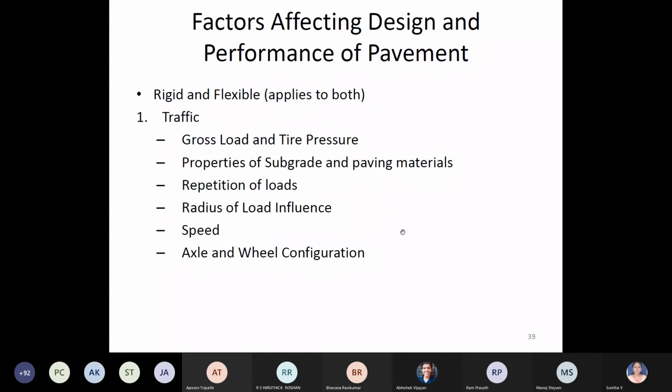Commonly used modifiers include rubber, crumb rubber or natural rubber. Then different types of polymer, that's called PMB, polymer modified bitumen. Nowadays we are using plastic also; we can add plastic into the bitumen. So the different types and the application of all these will be studied. This is what are called the different bitumens.